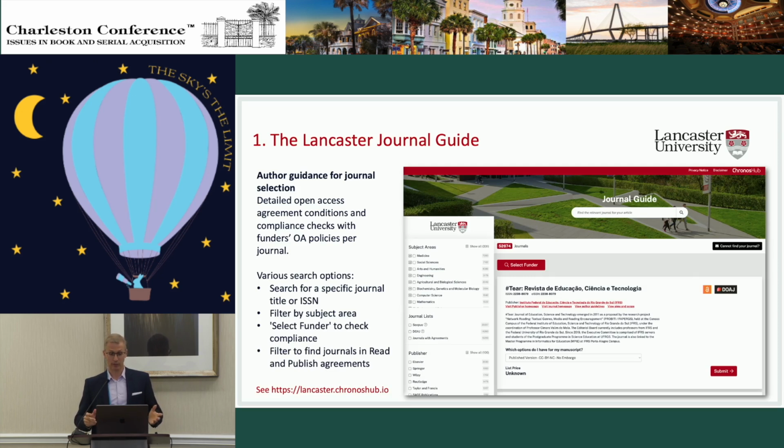So if we look at the journal guide, it's maybe too small for you to read, but basically Lancaster has its own journal guide. It's publicly available, so you can go to lancaster.kronoshub.io and just have a look for yourselves what it looks like and what you can do there. And it indexes about 50,000 journals that you can filter and search across in various ways. So it does support a lot of different use cases. But the primary use case